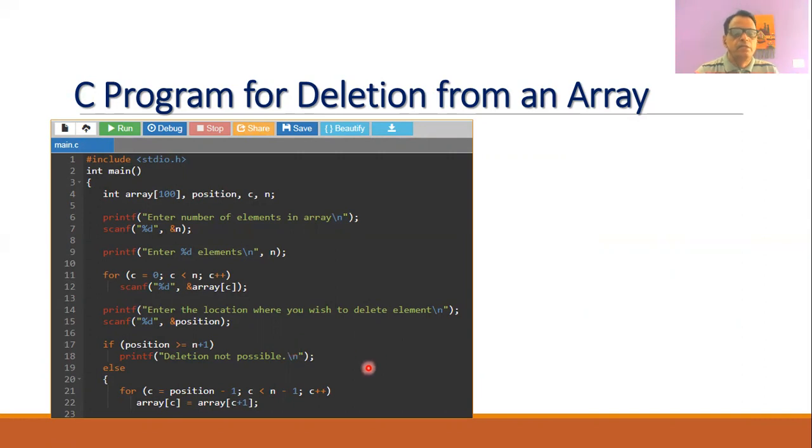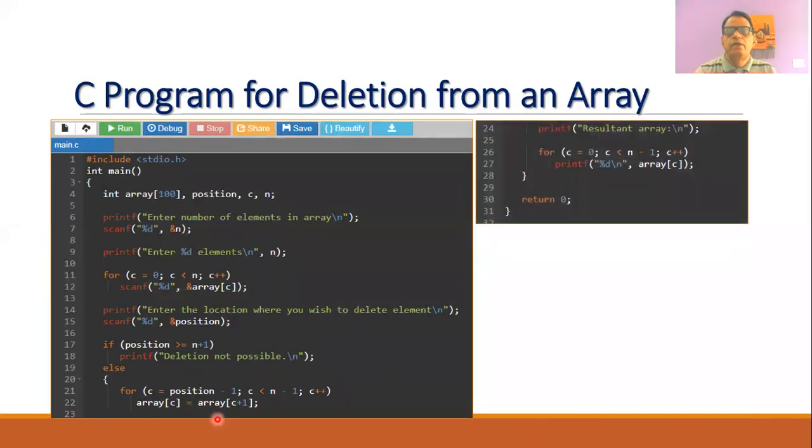Otherwise, we assign c equal to position minus 1, and then we loop until c is less than n minus 1, incrementing c by 1 each time, and shift the contents of the array by using the statement array[c] equal to array[c+1]. Finally, we can display the resultant array by using a for loop, and we will return 0 to our main program.